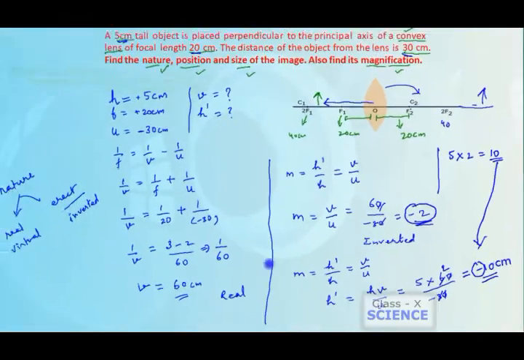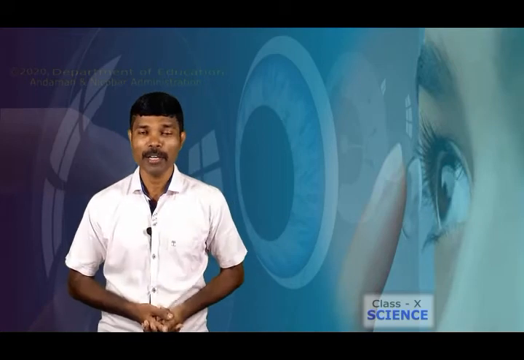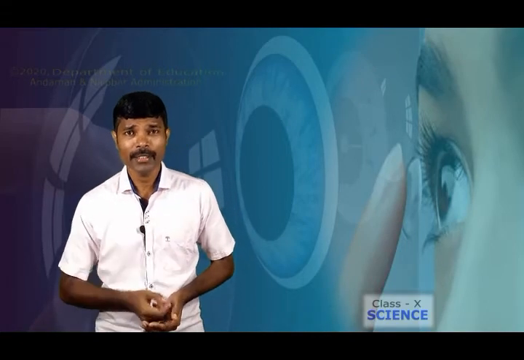So in this way such type of numerical problems could be solved. But while solving numerical problems, the sign convention must be taken care of. From the last two numerical problems, I believe that you understood the basic skills to solve numerical problems. With this you can solve many other numerical problems which are given in your textbook. Now we will see another numerical problem so that you will have enough grip to solve it. Let us see that also.